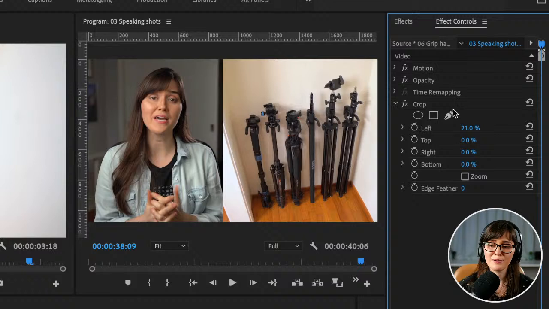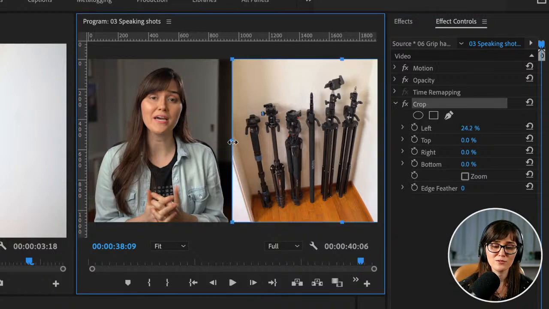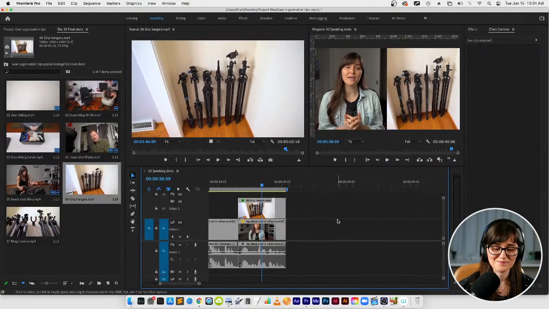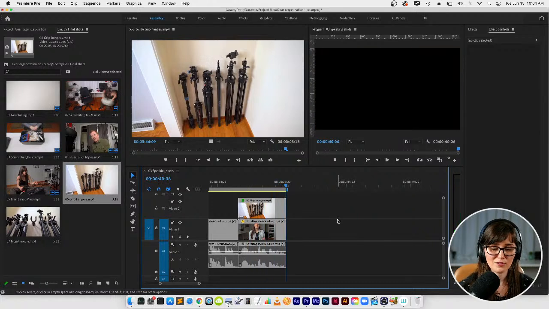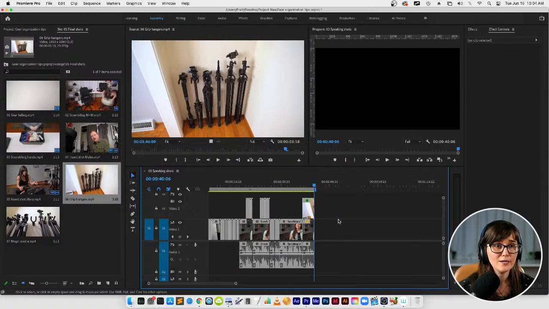What I love, though, about this effect is I can click it here, and then I can adjust it in the program panel, which is super easy. Cute. All right, so now let's play this back and see what it looks like. Tip number 1 is to use these wall hangers for your grip equipment. How adorable. Oh my gosh, y'all, this is fire, straight up fire. We are so talented. All right, so we have got all of the visuals done on our timeline here,